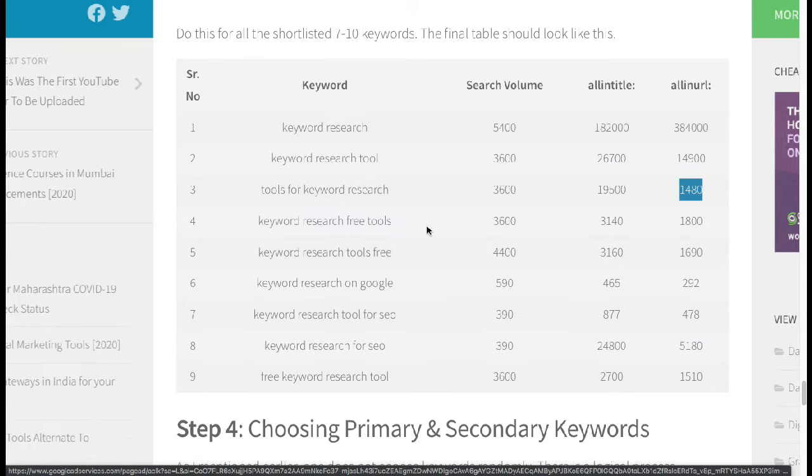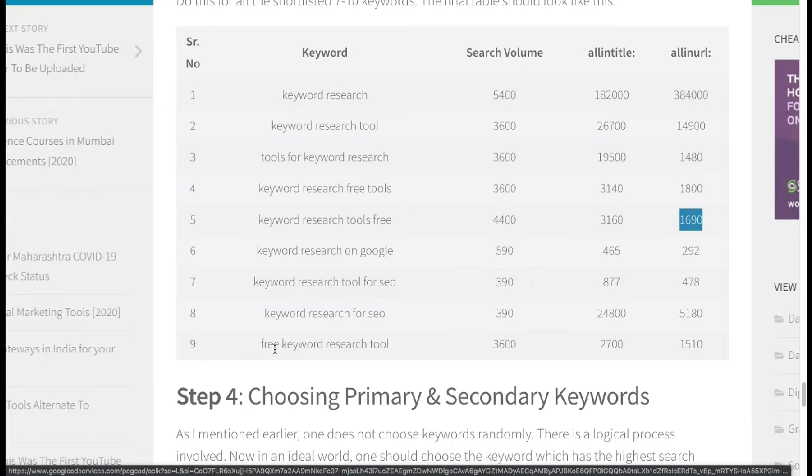Okay, then we have this keyword as well, keyword research tools free. The searches are 4400 and competition is 3000 and 1600, roughly 1700, but I chose to go ahead with free keyword research tool, even though the search volume is less as compared to other keywords, but the competition is also less, right?